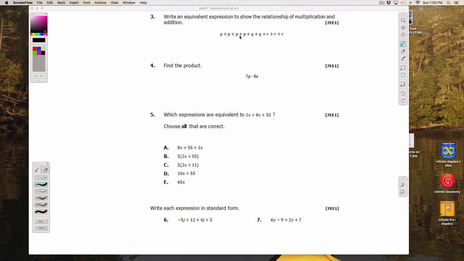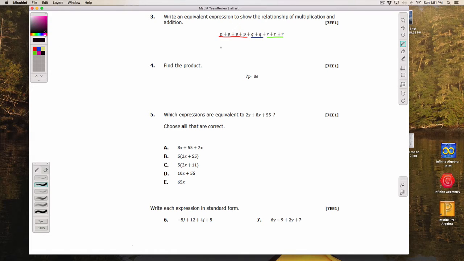P plus P plus P plus P. Well, I can see that that is repeated addition. Maybe I need to select a color. So here is P plus P plus P plus P. That's repeated addition. Then I see here Q plus Q, and then I see here R plus R plus R. Again, repeated addition. Well, repeated addition is the same as